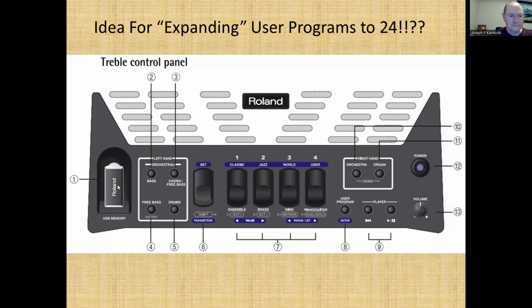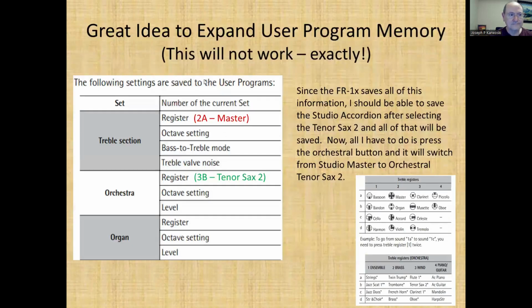Okay, so the great idea, I mean, this is a wonderful idea. Now we go from 8 to 24, but as from the title, it's not going to work exactly the way we want. Now remember,